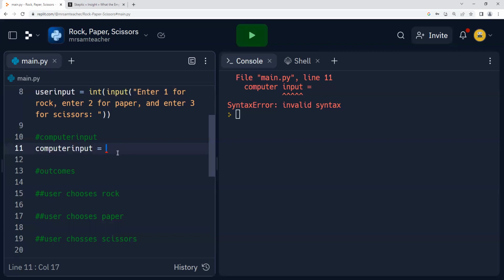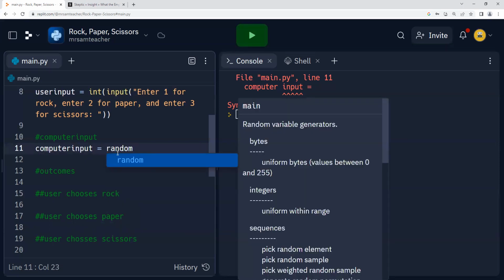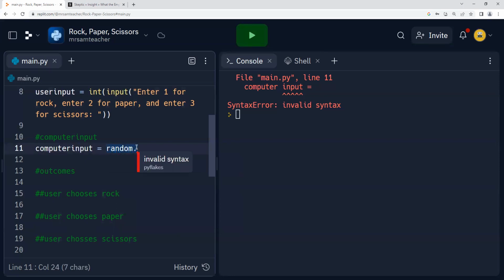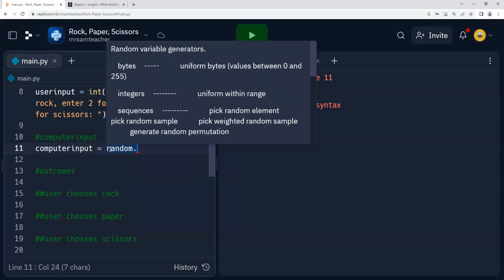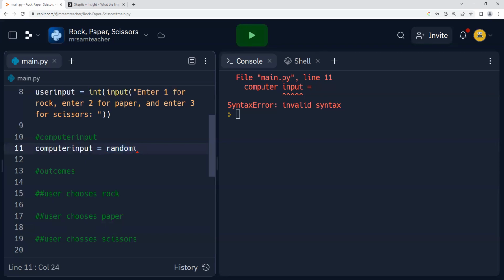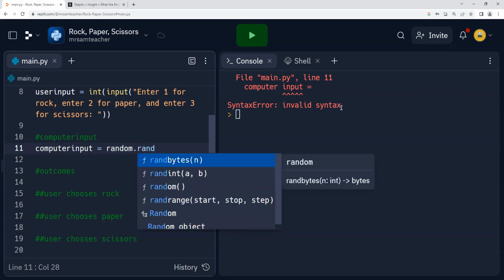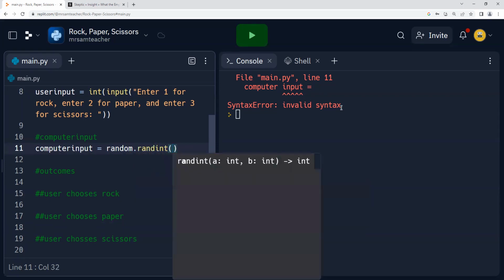All right. So we're going to import from the random library. So random dot. As review, we're importing random from the random library, and we're going to use a function. In order to use a function, we use the dot, the period. The function we want, remember from last time, is randint. And like I was mentioning earlier, we want to go from 1 to 3.